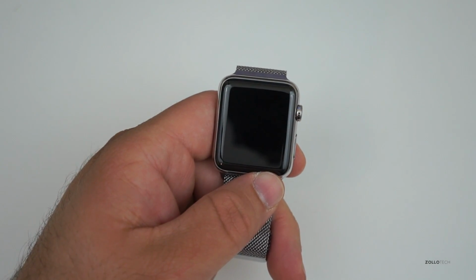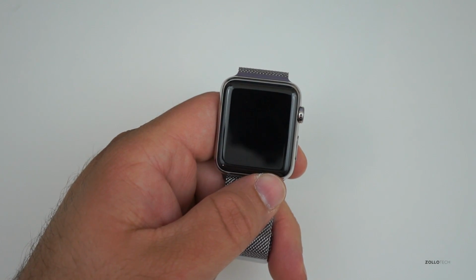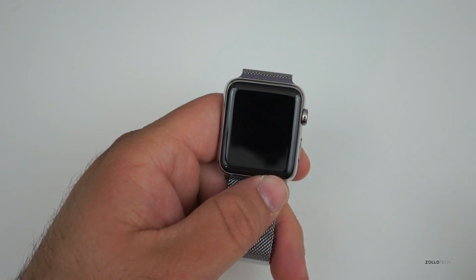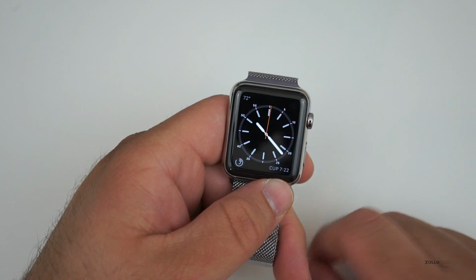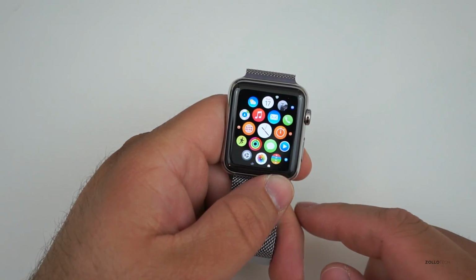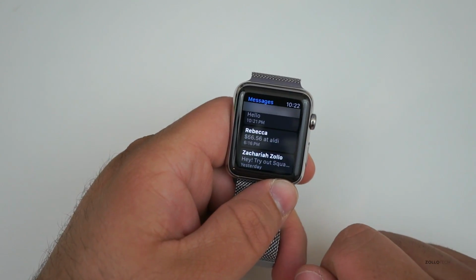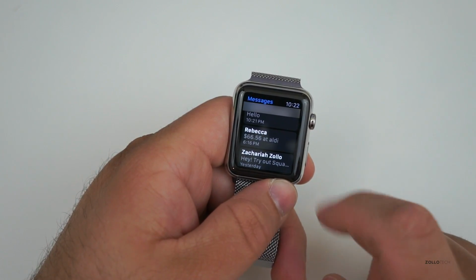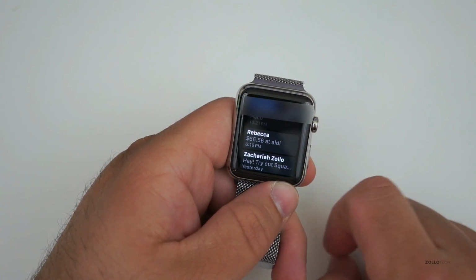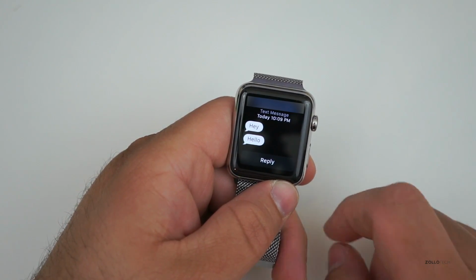It just buzzed in on my phone. It hasn't relayed to the watch yet, and that's really the problem I have. So it buzzed in on my phone, hasn't relayed to the watch. If I go to the watch, let's go back. Maybe we'll go check the Messages app, and there's the hello. So unfortunately, it's there, but it didn't let me know it was there. So I can go into hello and say...